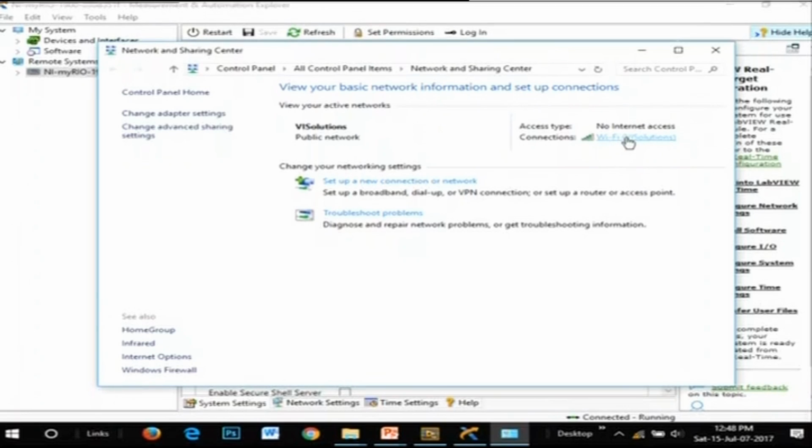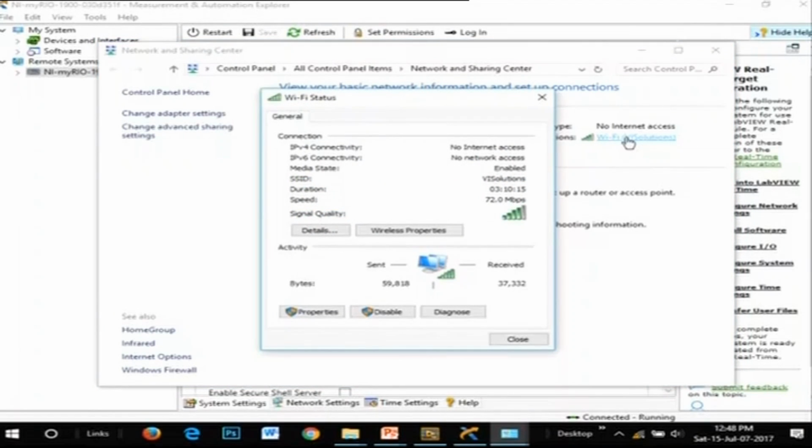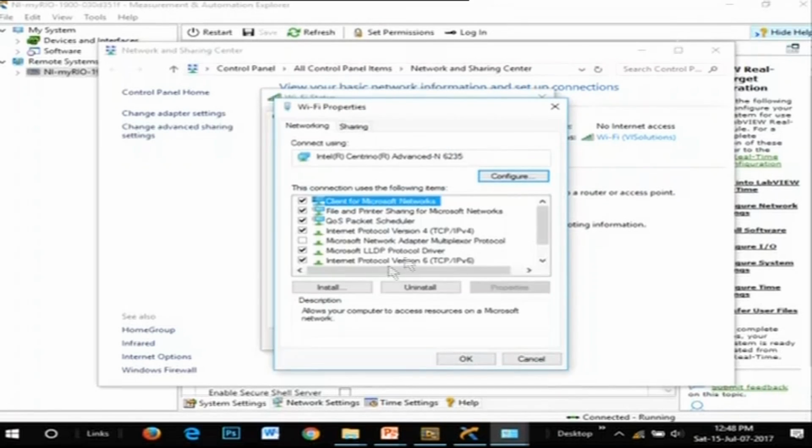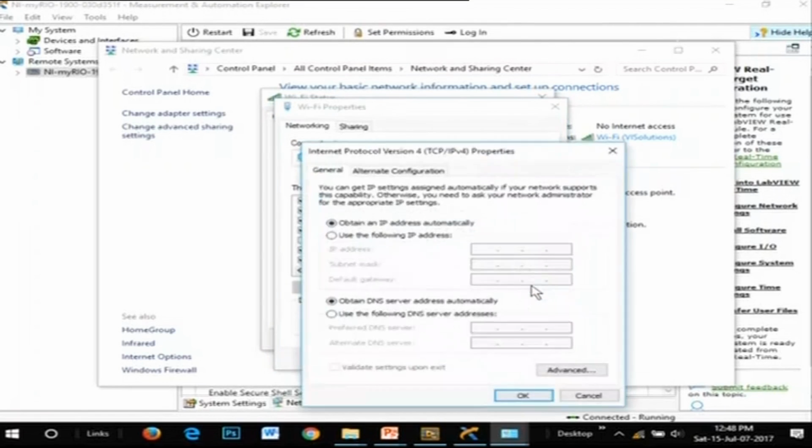The name is VI Solution. I'll click on this and go to properties. I'll select IPv4, because we are using IPv4 only as of now. Go to IPv4's properties. Make sure this is set to obtain IP automatically, and DNS also obtain server automatically.